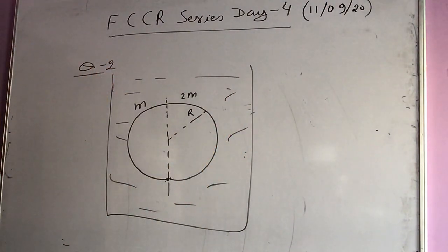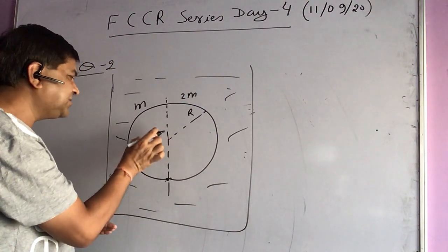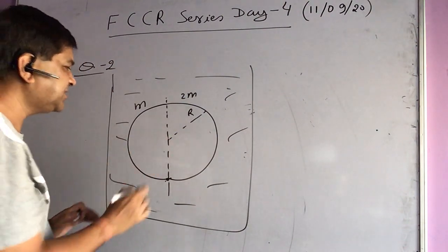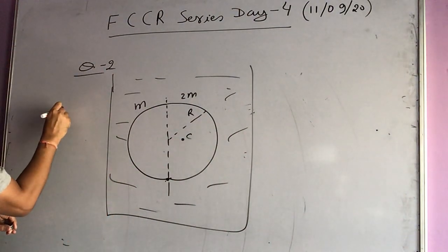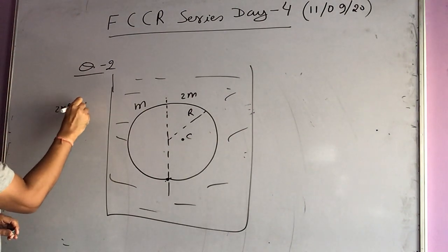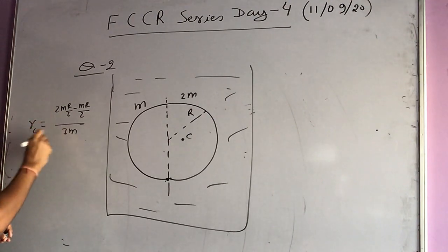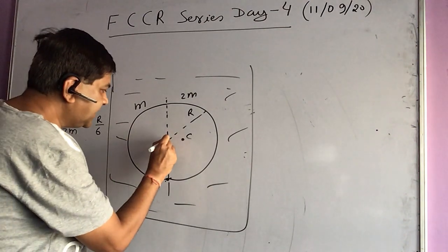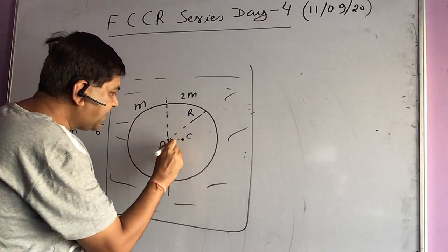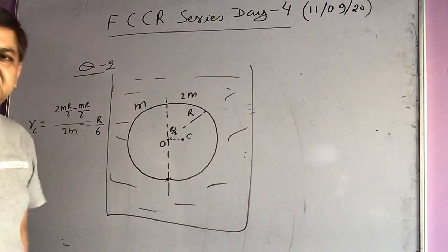Okay. So now let me think the center mass of the system. For the right side center mass is at distance r by 2 and left side again r by 2. So the overall system center mass is say C, that is going to be at 2m r by 2 minus m r by 2 by net mass, that is 3m. So the RC is coming out to be r by 6. Can you check it? Yes, it is r by 6. So the center mass is at distance r by 6 from the center of the sphere. So that is given to you.